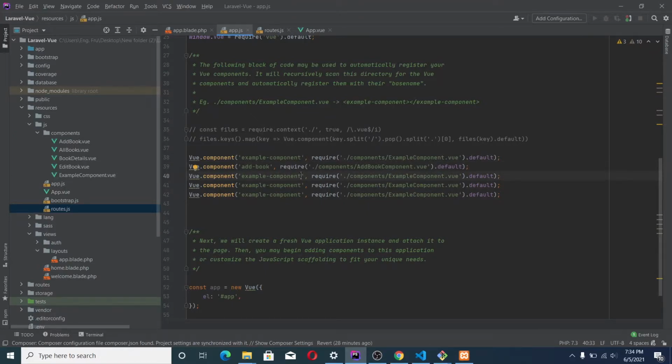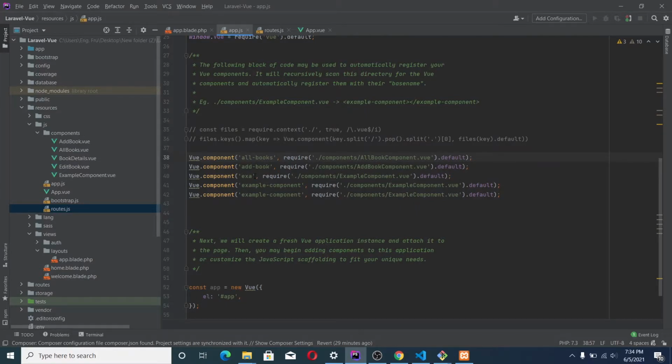Let's also register all book. Let me just come here and change this one from example component to all book components. All book. Let's say all books. So it is going to come here and look for the all books components. Oh, when you look here, it is all book. Okay.